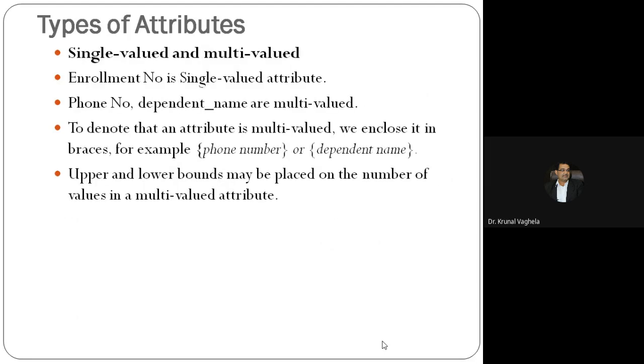Single versus multi-value. Single value means it cannot have more than one value. For example, your enrollment number. Any student with two enrollment numbers? No. A name can be multi-value. A person can have two names, one is a nickname and one is a real name, for example. Mobile number. A person can have two mobiles. Email ID. All these can be multi-valued attributes. But passport number, at a time a person can have only one passport number. Single value, multi-value. Getting me? With me? Stop me whenever you are not getting, right?